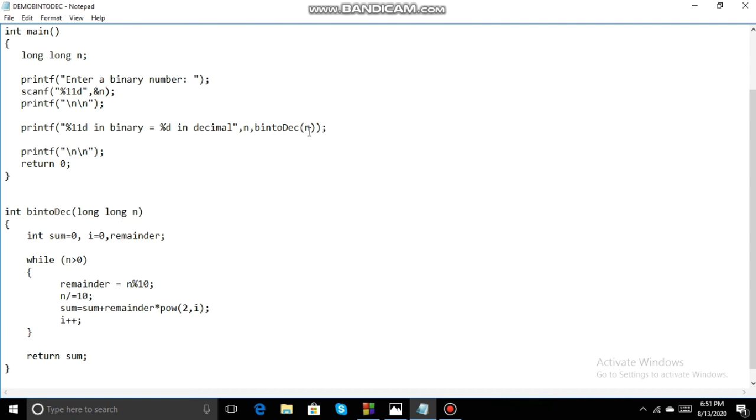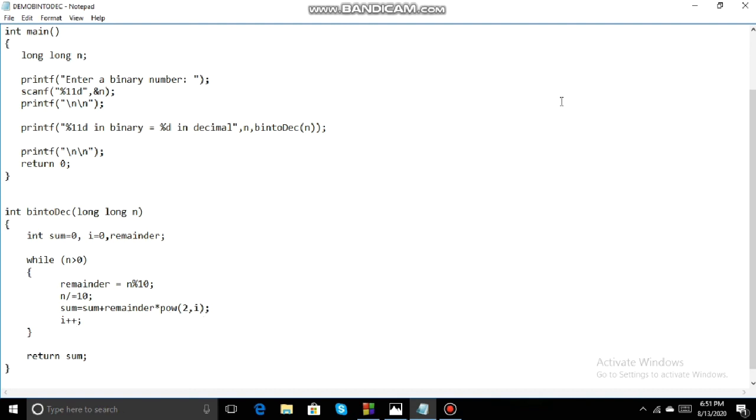Here is the while loop which I had already mentioned before. The repeated division takes place here till the time n becomes 1 by 10. When the value of n becomes 1 by 10, this condition is not satisfied, and it will come out of the while loop with the final value of sum.